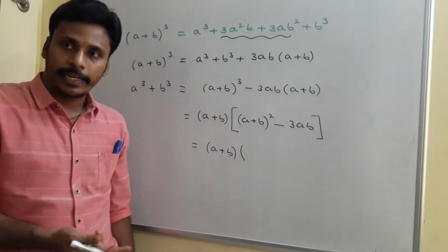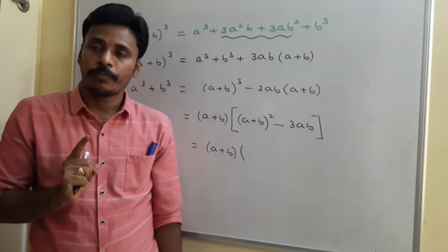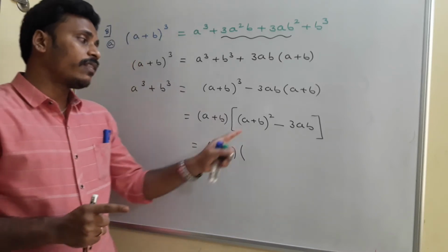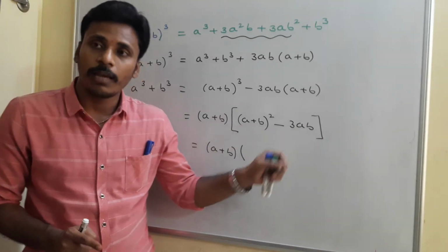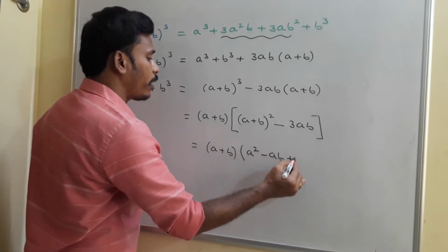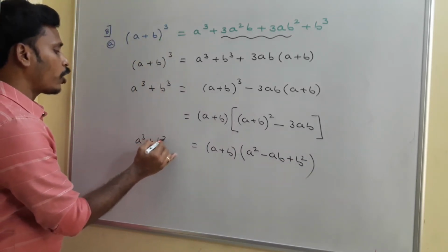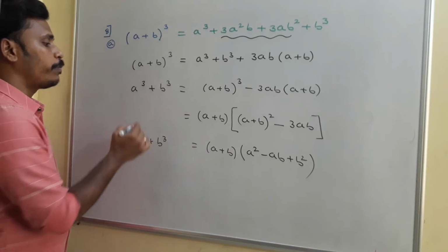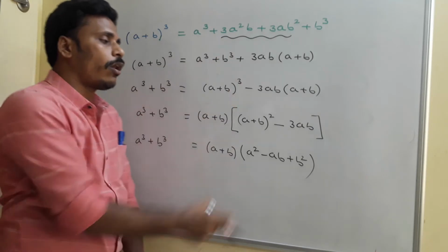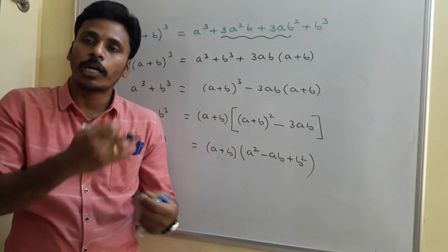I am going to write directly. A plus b whole square is a square plus 2ab plus b square. So a square plus 2ab plus b square, a square and b square are the same, and that plus 2ab, this minus 3ab will become minus ab, and there we have a chance to write it like this: a square minus ab plus b square. You just think about it, okay? So at the end, a cube plus b cube is equal to a plus b into a square minus ab plus b square. So this is all step by step conversion, transition from one formula to the other.